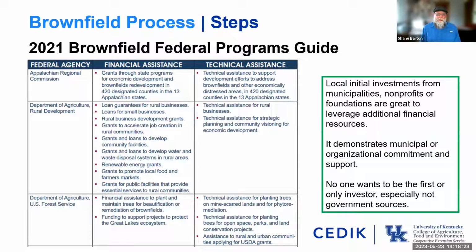So it's good to take a look at this to know what you're getting into. But one thing I want to emphasize here is that no matter what funding stream you use, local investments, those initial investments, either from municipalities, nonprofits, or foundations that then seed additional monies or are leveraged to seek additional monies, are key, because it really does demonstrate an organizational commitment. Because no one, like I say here, no one wants to be the first and only investor in some of